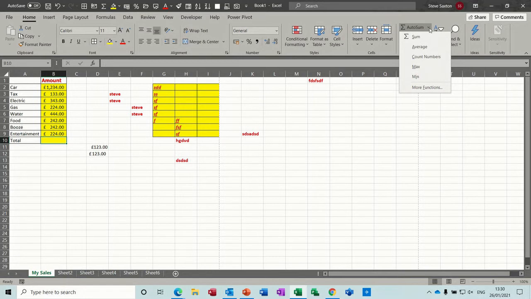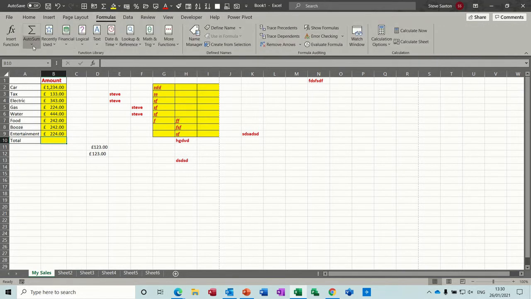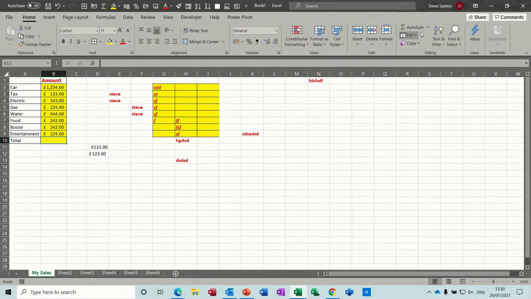There's a few other ones there. They're the most common ones. We'll go through those in a minute. It also sits on the Formulas tab, as I've shown you already. The same list is there, so you could come onto there, but because it's so common, it's on the Home